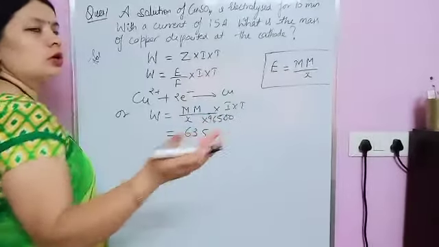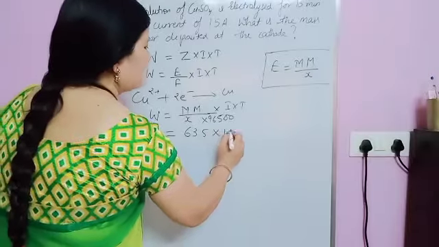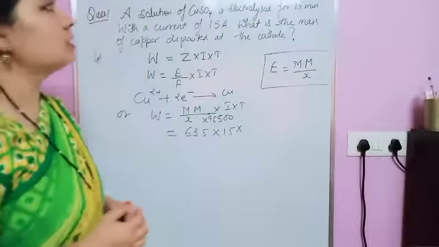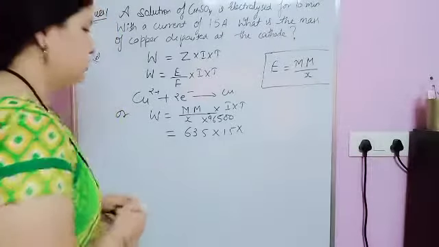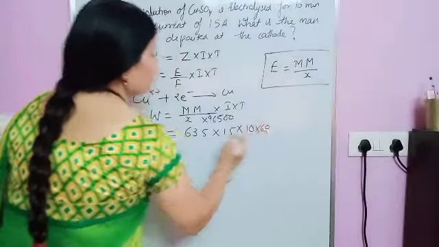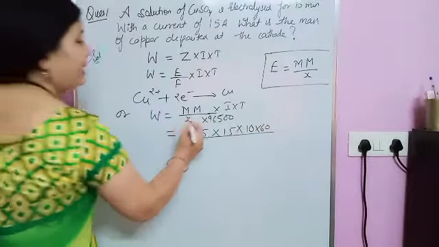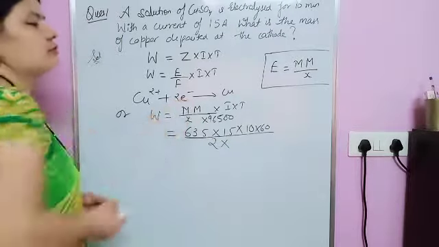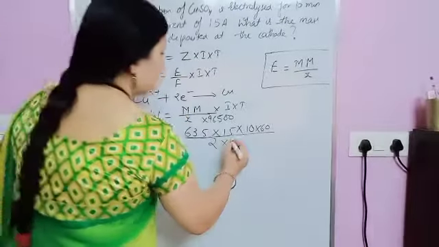कोई uncommon होगा तो that value is given to you in the question paper only. Now I is 1.5. Then time is given, 10 minutes. You have to convert it into seconds, standard unit में convert करना है. So that is 10 into 60; when you multiply by 60, the minutes are converted into seconds. And X is 2. Why 2? Because number of electrons transferred, इसने कितने gain किए हैं? That is 2 electrons.